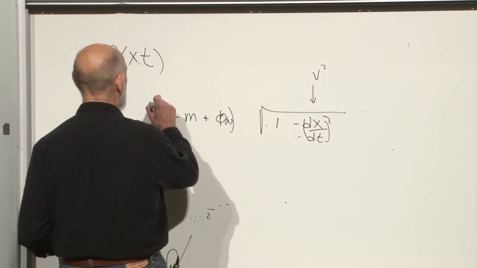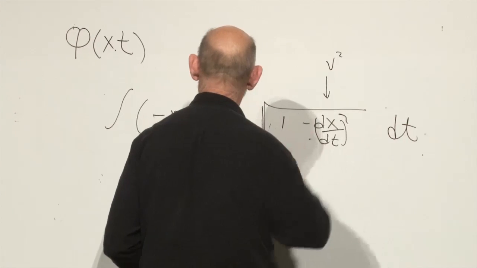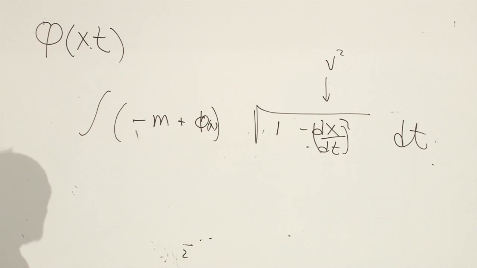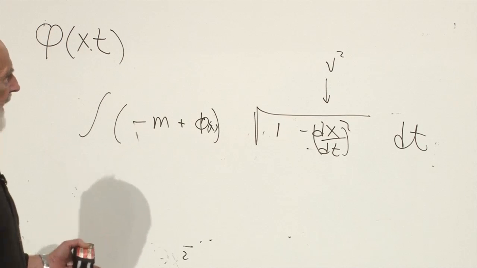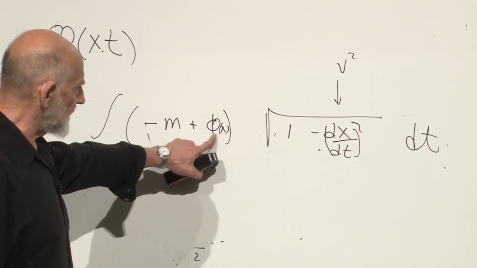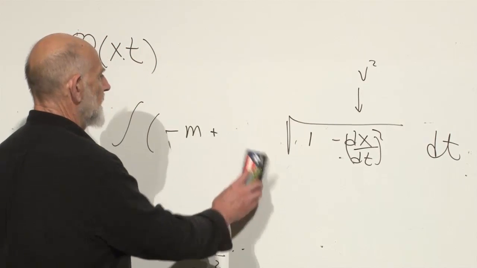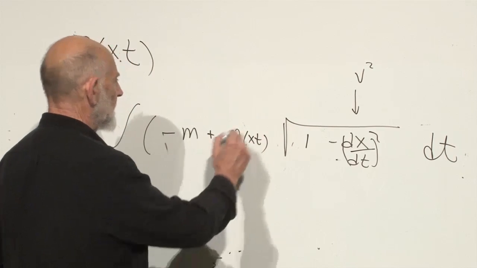Unless it's a function of only x, right? Yes. Unless it's a function only of x. That's correct. Unless it happens to be just a function of x. But that x represents the position of the particle at the time t. Yes, it should be in the integral. It has to be in the integral, because even though phi might not depend on t, x depends on t. So phi of x depends on t. So it's phi of x and t, and it's inside the integral. Right.